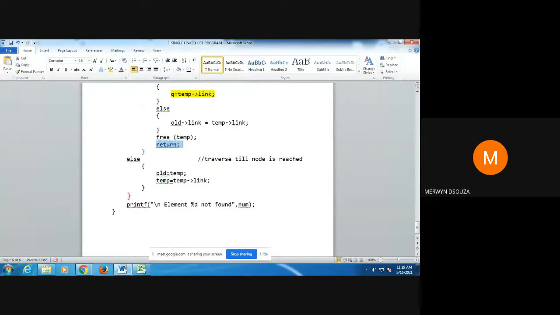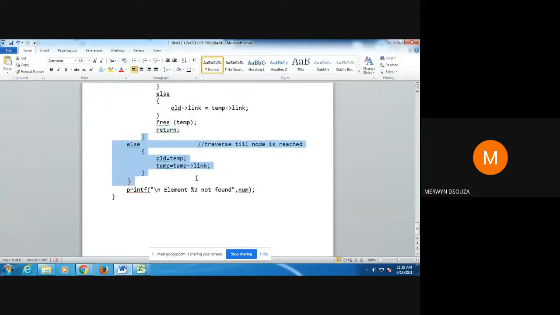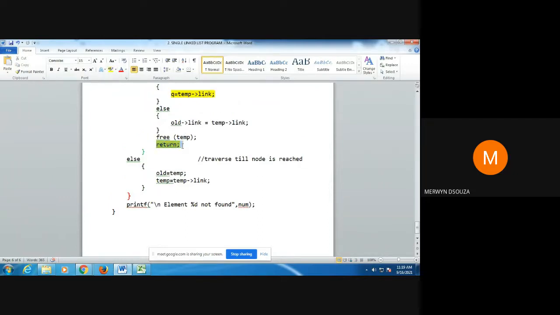Once you have finished deleting, you don't execute the rest of the lines that are there in your function. So we use this hack, or trick. The return statement is used in the function to return the control back to the calling function.